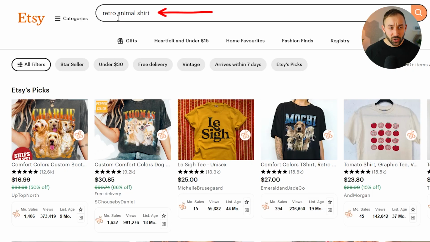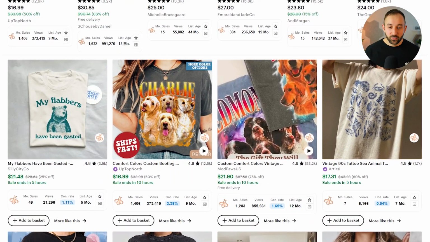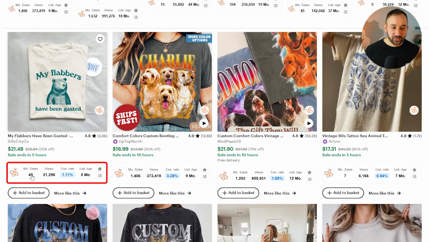So I've typed in retro animal shirt right here on Etsy, no filters applied, just generally scrolling for a few examples. The first one that shows up is this one right here. My flabbers have been gasted. So as you can see, just one color, very simple, old school illustration, and not really a very special layout either. This is getting about 50 sales a month and it's only 5 months old, this listing, which is